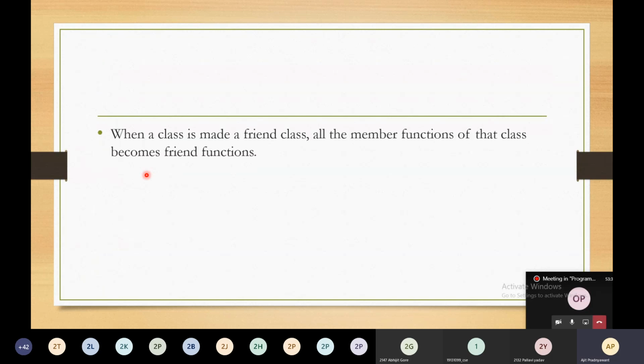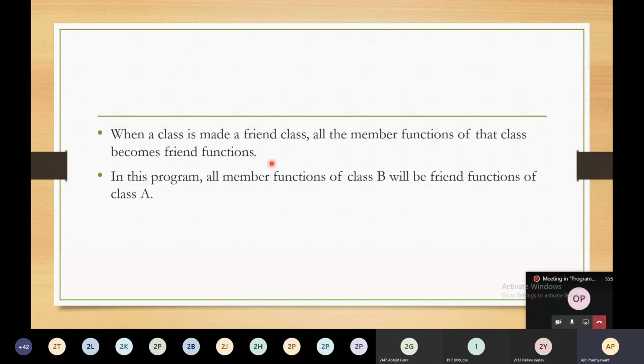So what is the use of this? When a class is made a friend class, all the member functions of that class become friend functions. Automatically, all the member functions become friend functions.